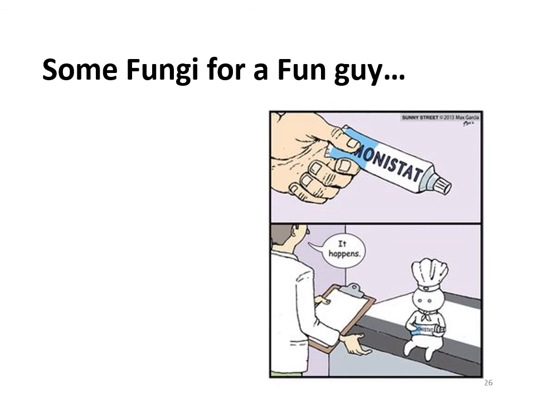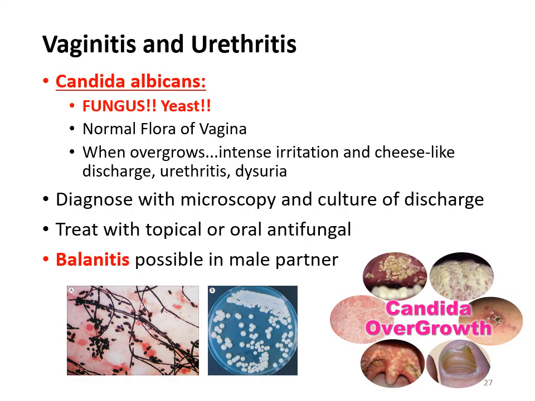Now I just want to mention some fungi and parasites that are sexually transmitted as well. We have vaginitis and urethritis, so whether the vaginal region or the urethra are infected. The fungal culprit is Candida albicans. So whenever you see Candida albicans, I want you to know that is a fungus, specifically yeast, that causes yeast infections. The other thing I want you to know about yeast infections is that they can be sexually transmitted to male partners, because so many times when people think of yeast infections, they only think of the vagina.